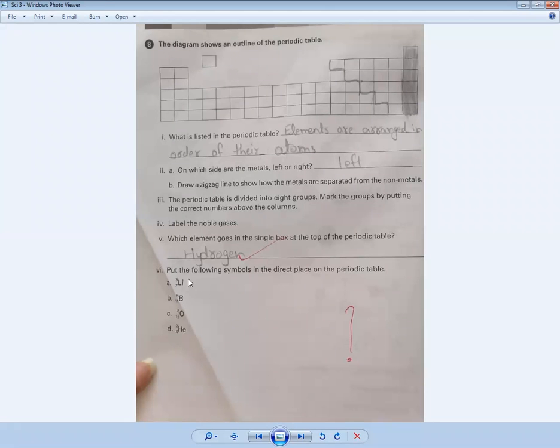Okay, and you can find all these elements in your periodic table. First is lithium, its atomic number is 3 and mass number is 7. You can see boron, its atomic number is 5 and its mass number is 11. You can see oxygen, its atomic number is 8 and its mass number is 16. You can see helium, its atomic number is 2 and its mass number is 4. Okay, so keep in your mind all these elements and look at your periodic table.